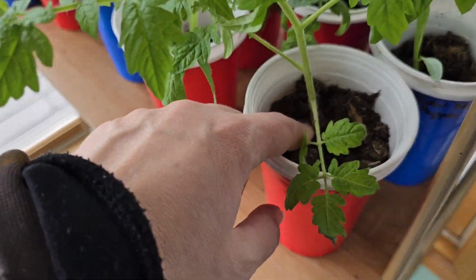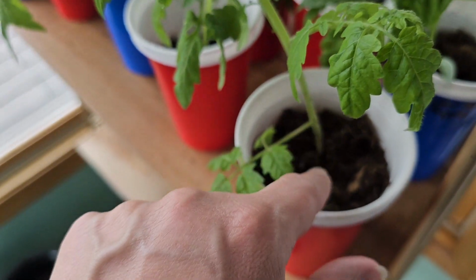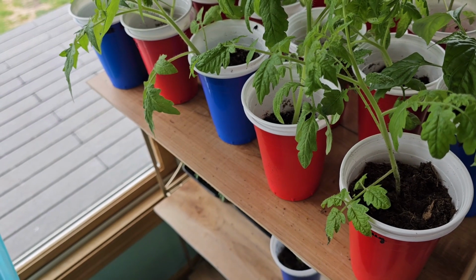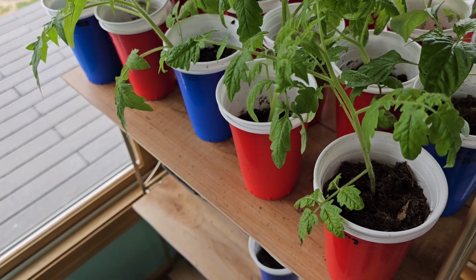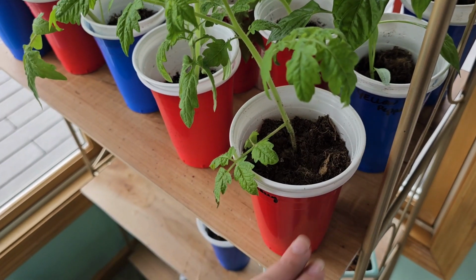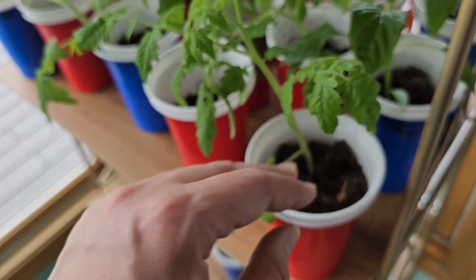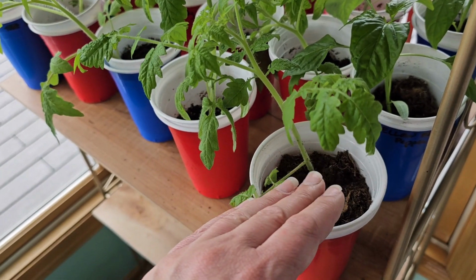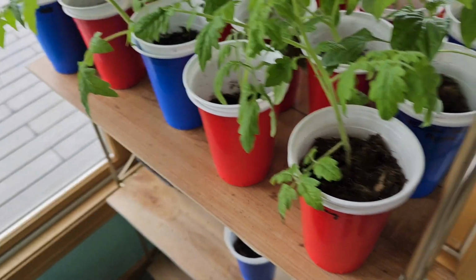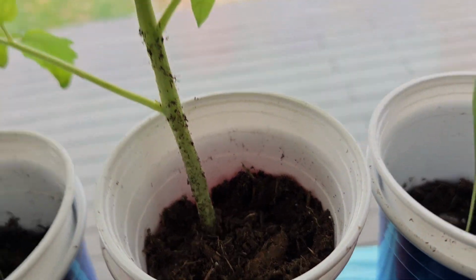If you start noticing any rot at the base of the stem, usually that's a death sentence. It's like, yep, it's rotting, it's not any good. But what you can do is just bury it deeper, or if you have some clearance in your cup or your container, you can just add more soil, essentially, to make sure that it's covered up enough on the stem to give it a fighting chance. So I just did that with 3 of the tomatoes, including this big boy,